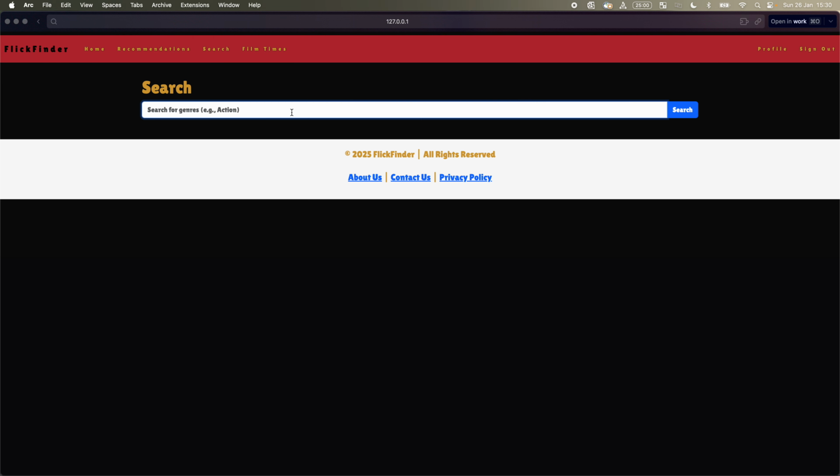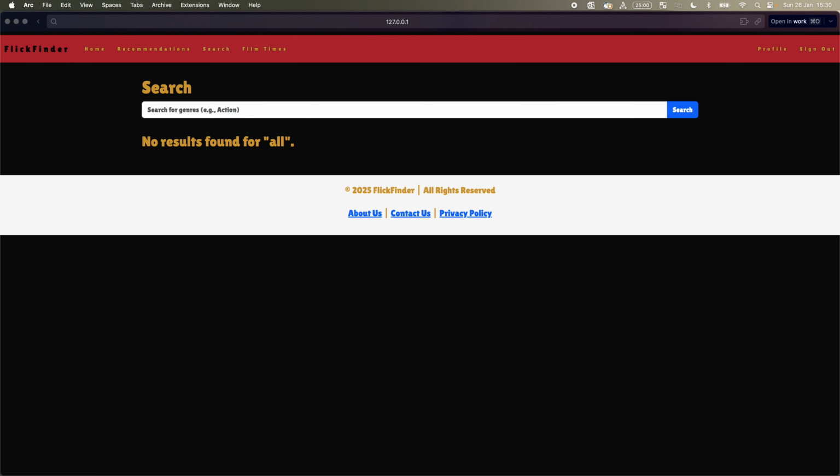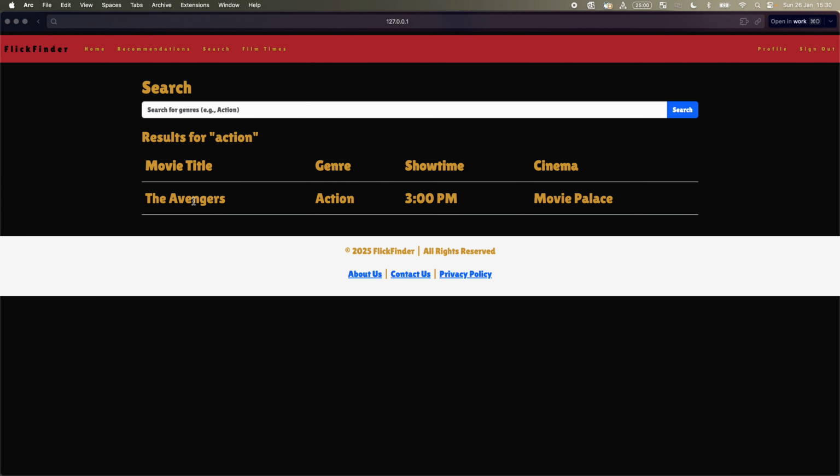In the search functionality, we can put in, for example, action, and it returns the Avengers here, and it's on at 3 p.m. at the Movie Palace. Obviously, this is just a mock. This is a mock SQLite database that it's currently using. We can also search